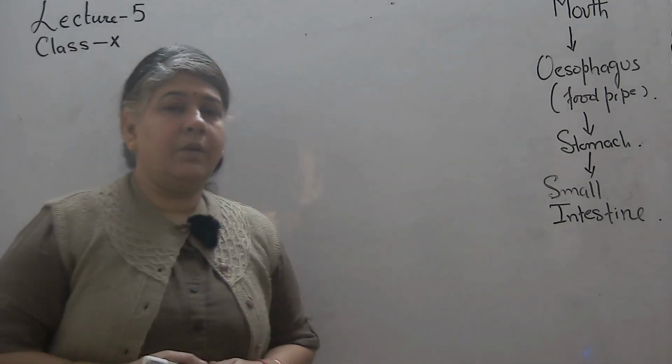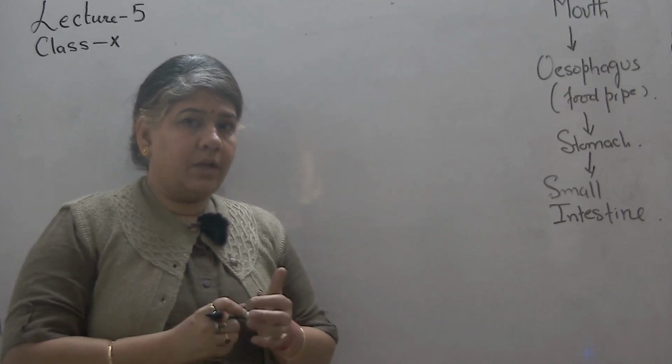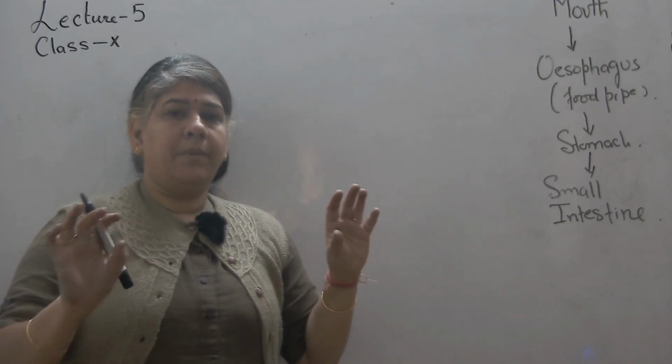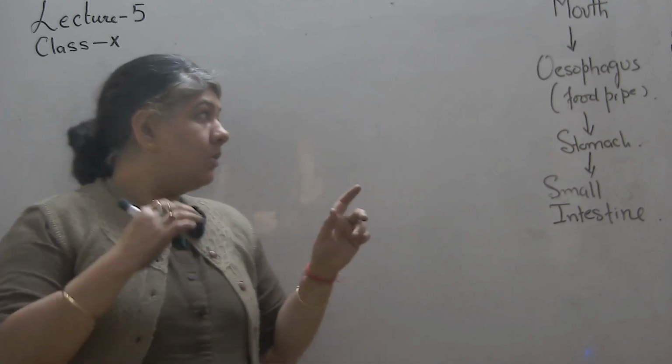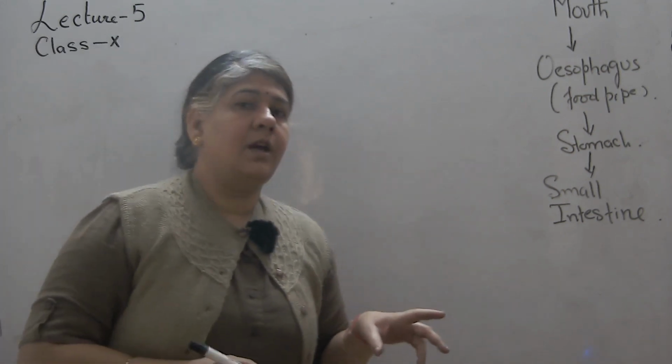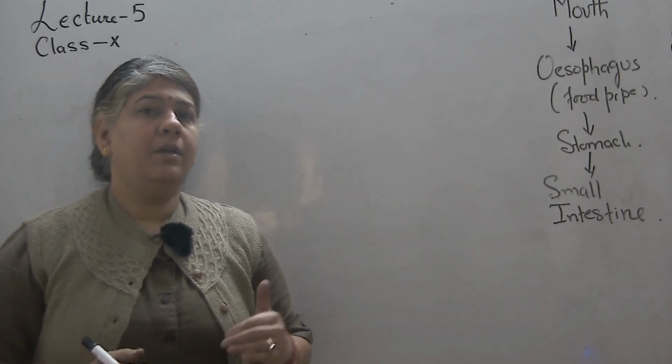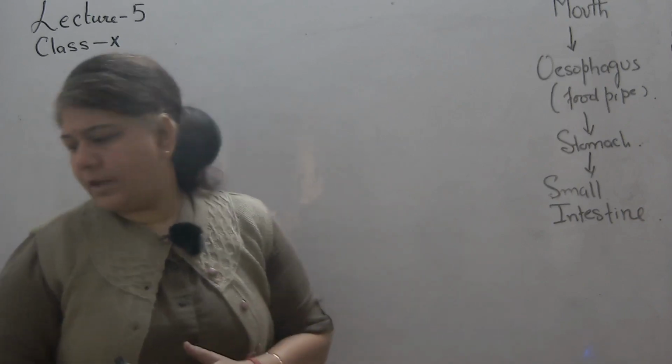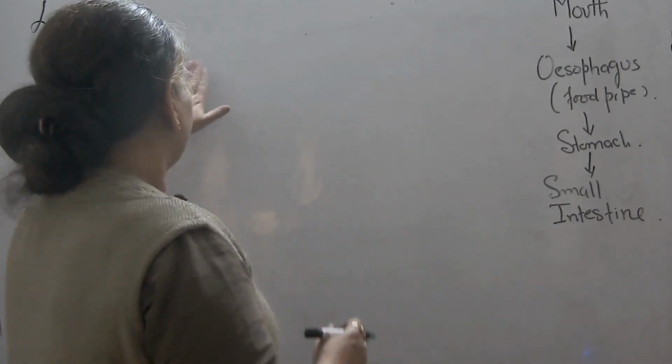The diagram is given in your book. You can see that liver and pancreas are also drawn. Liver is the largest gland present in the body and pancreas is present just below the stomach. So you can write